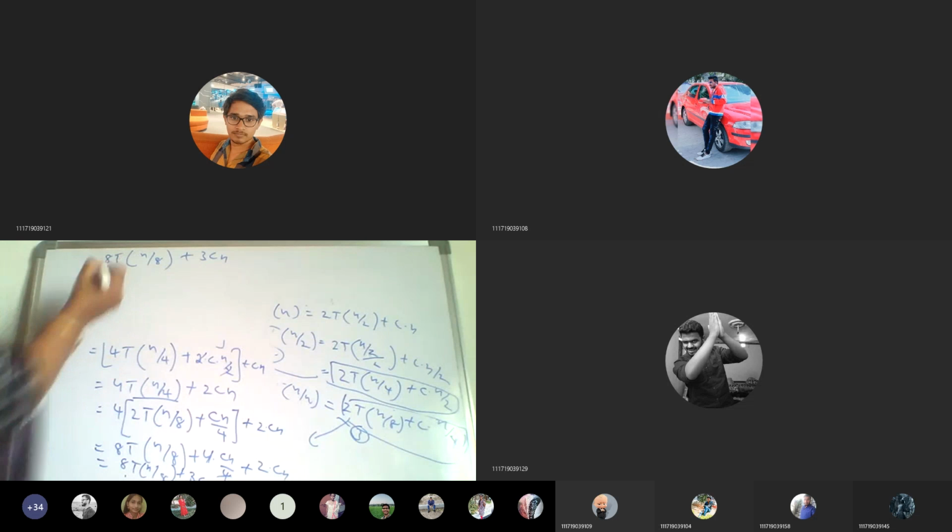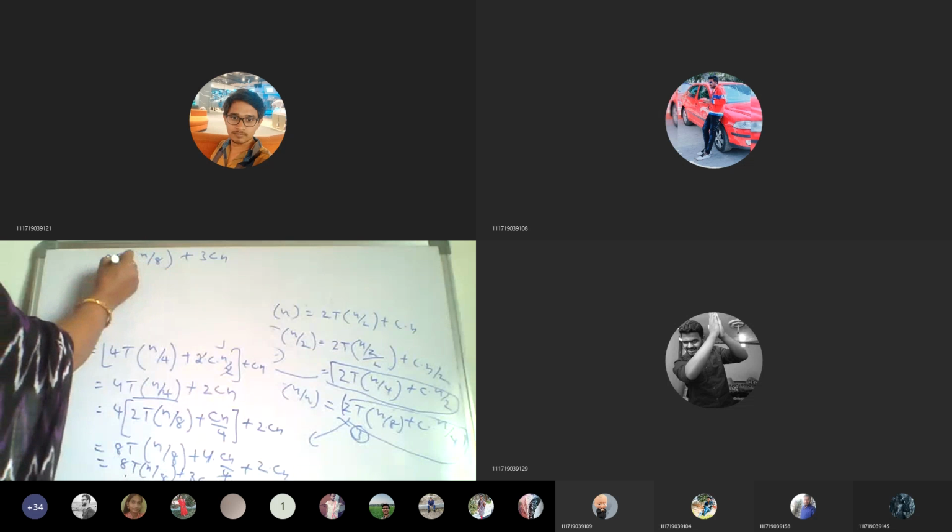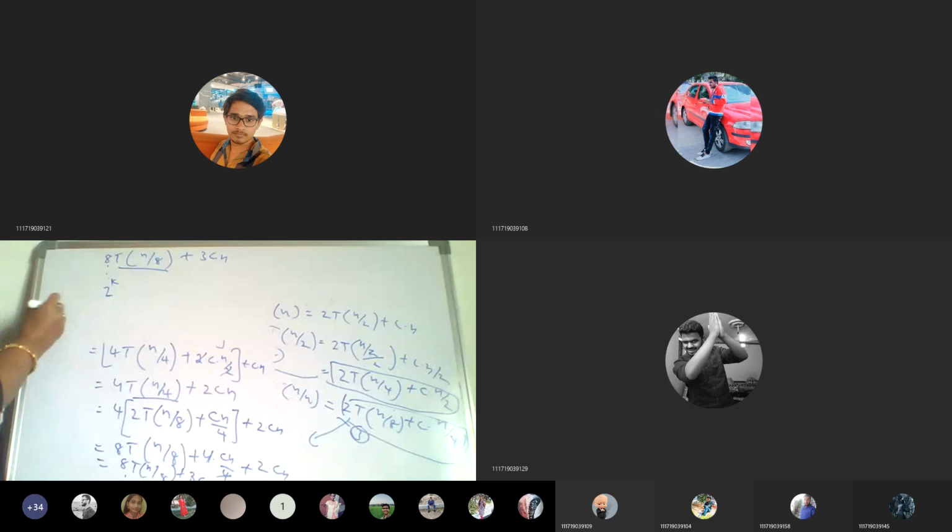So if these values are continued, how can we write? This 4 we can write as 4 square, 8 we can write as 2 cube, yes or no? So this one we can write as 2 power k. Until where does this division have to be iterated? See, T of n was divided into T of n by 2, and again in the next division it is becoming T of n by 4, and in the next division it is becoming T of n by 8.